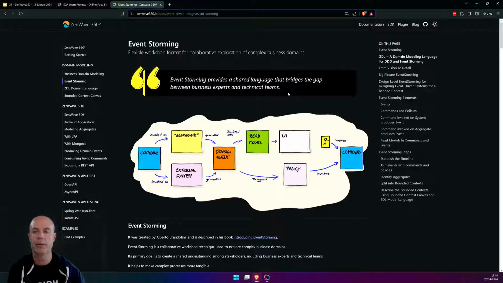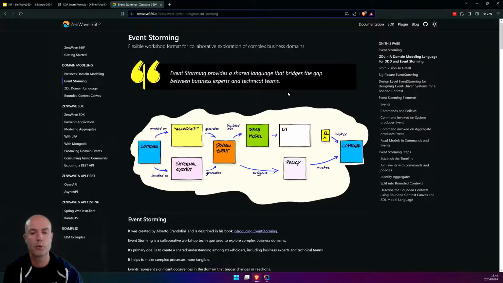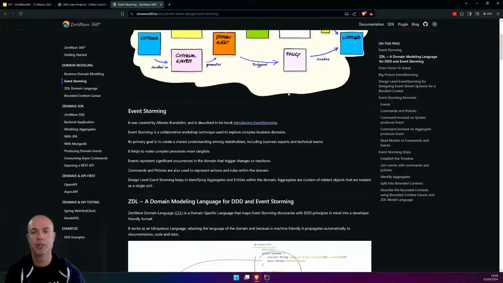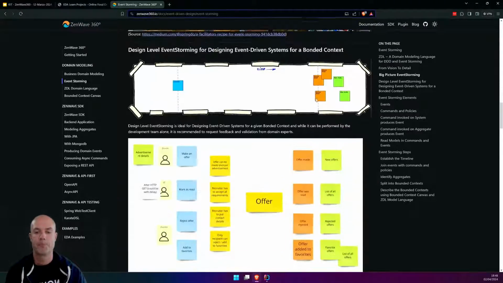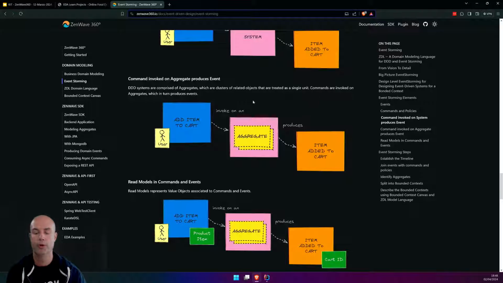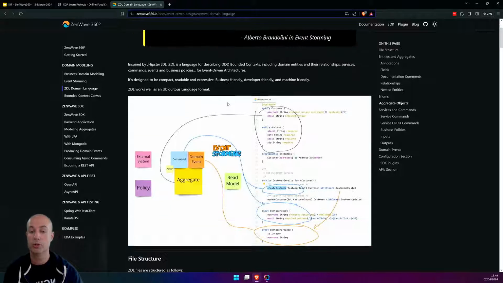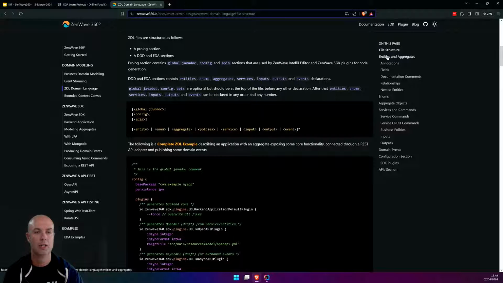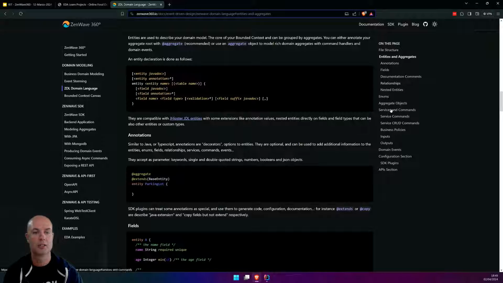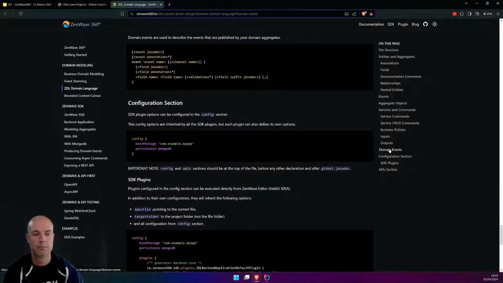There is a lot of information about doing event storming that we can use to explore the problem space, but also to design our software, from commands to aggregates to domain events. And there is here a section for the domain language about how you can use this language to map the findings of these event storming sessions. You have information about the file structure, creating entities and aggregates, creating services, domain events, API.